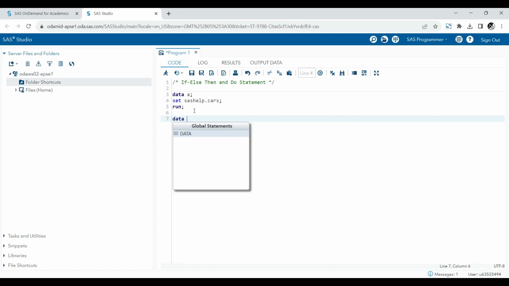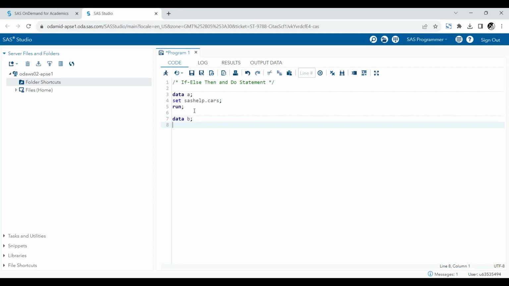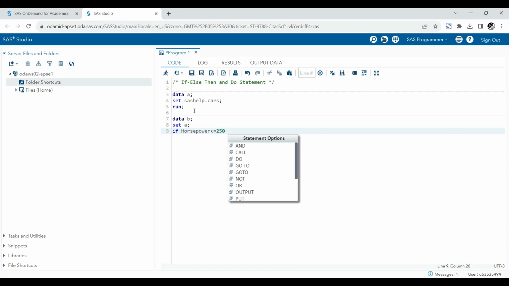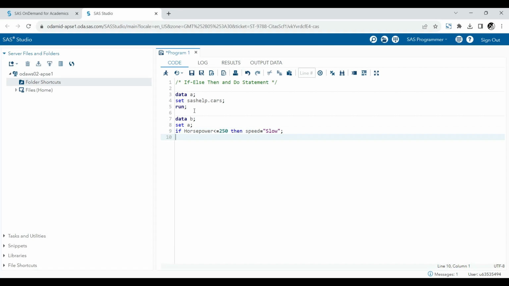Now what I'll do is I'll create a new data set named B. I'll use my existing data set A, and I'll write my code for the same. So our statement was to check horsepower. If it is less than or equal to 250, then we need to say speed is slow. Else if it's between 400